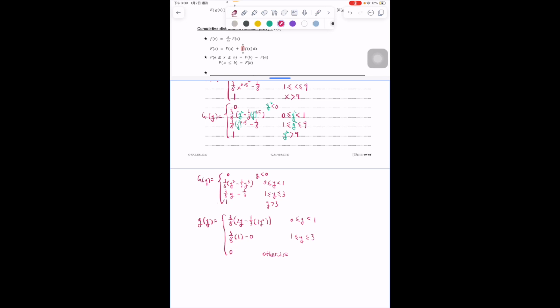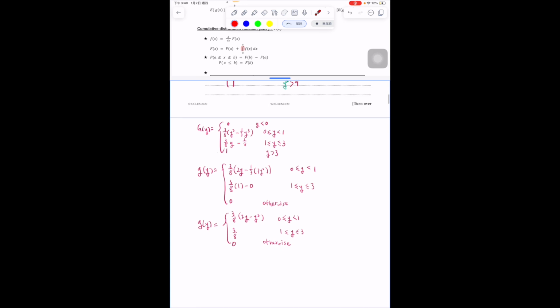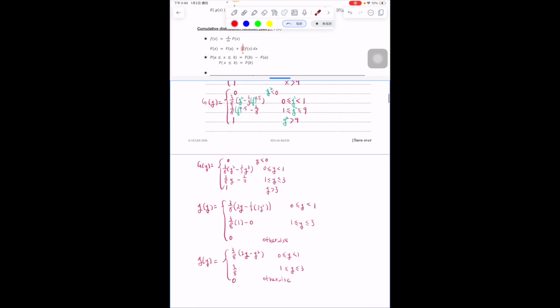So our final solution will be 3 over x times 2y minus y squared, and then here we have 0 to 1, and then here we have 3 over x only, and the domain is 1 to 3. And then for the last row, we have 0 when we point to the domain of otherwise. And here is the solution of our part B,